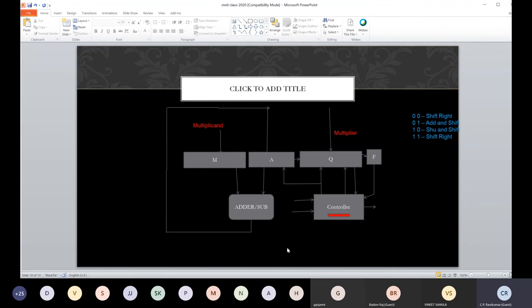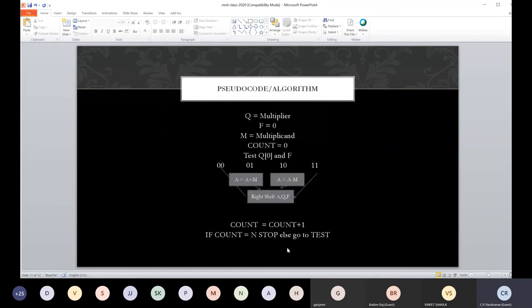So the Booth multiplier typically will work well. So when is the best case? See, the best case is when the multiplier is a series of ones. This multiplier will happily recode it as 1 followed by so many 1 bars.